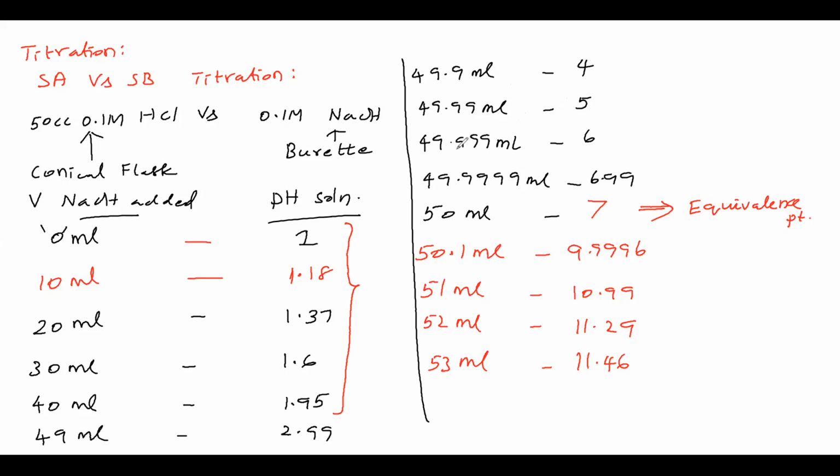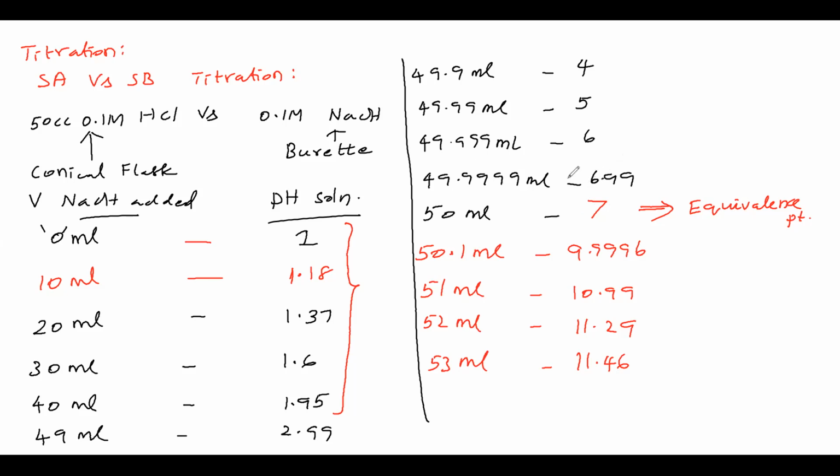Next you see how much we added. See, 0.009 ml. We cannot even say a drop. Yet the pH rise is 1. Here how much have we added? See, 0.0009 ml. The pH rise is roughly 1. Here what is the pH? The pH is attaining 7. So at the equivalence point, the pH is 7, we can say.